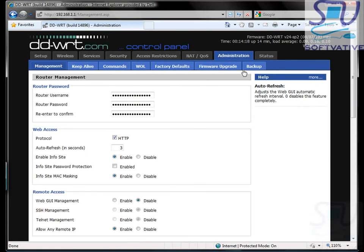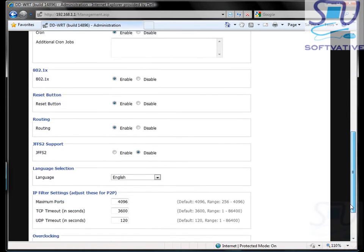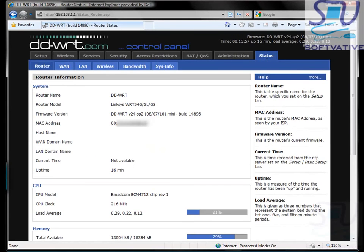Now I will come to the administration page, and here I'll check the option under web access which says info site password protected. I'll enable that setting, and I will leave the rest of the settings at the bottom as is. Now I will just go ahead and click apply settings. Now I will go into the status section,